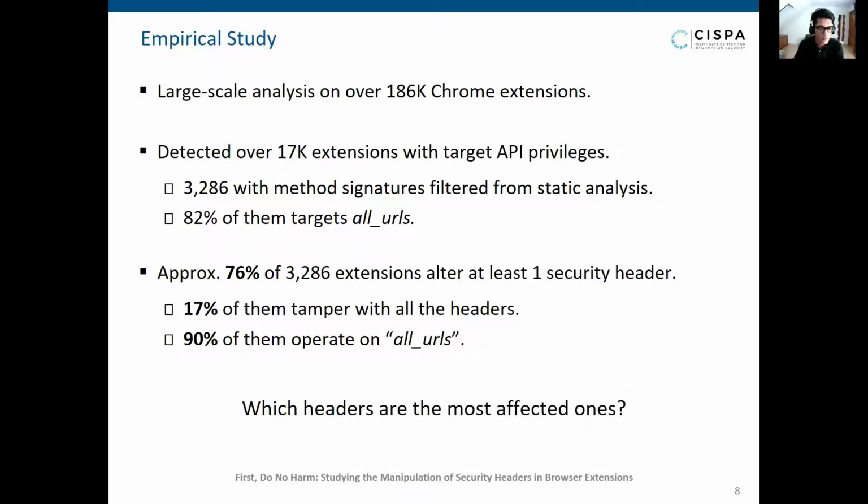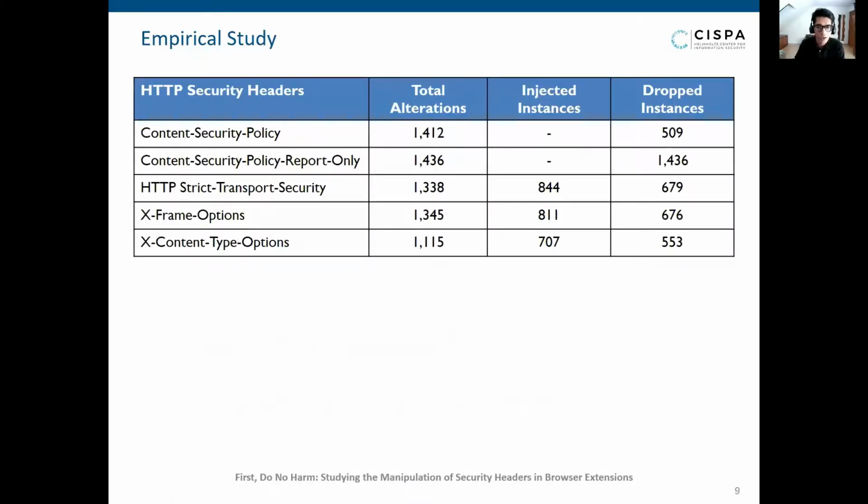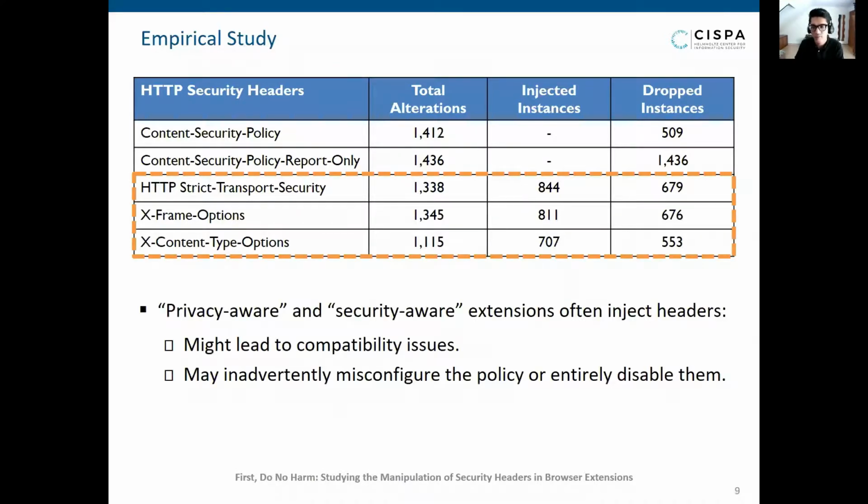Now, to identify which particular header poses as the biggest roadblock for extensions' functionality at runtime, we look at the kind of modifications as well as the figures to determine for each of the extensions individually. Looking at the alterations among the target headers, we see that many privacy and security aware extensions inject these security headers or strengthen the existing policies within the header by modifying them. This at least is in case of these three headers, say HSTS, XFO, and XCTO.